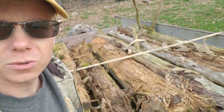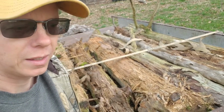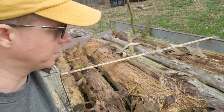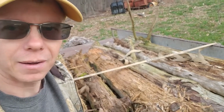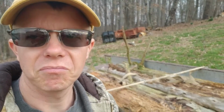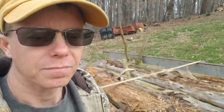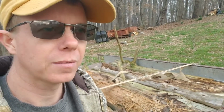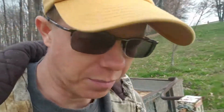But yeah, all those will need holes dug. They'll go about 18 inches deep. We don't need them hugely deep, and from the ground level up 3 foot 4 inches or so, and we'll build around them. I'm going to put a post every 4 foot or so, and so there'll be four posts per bed if I only go